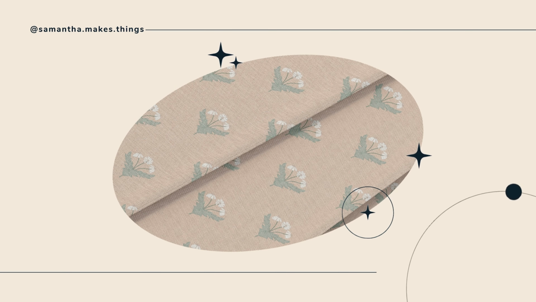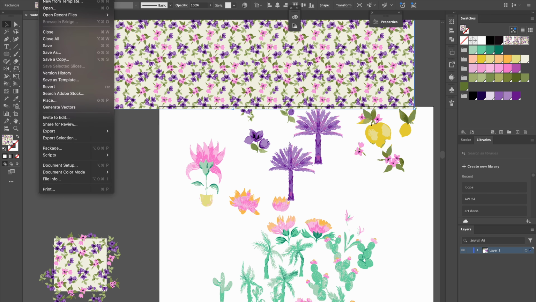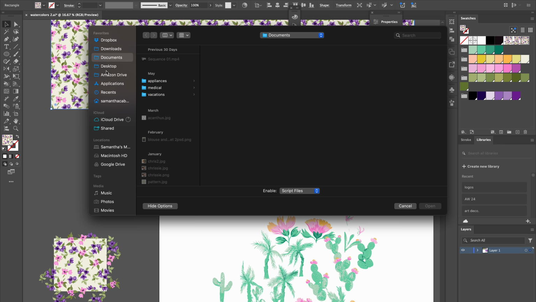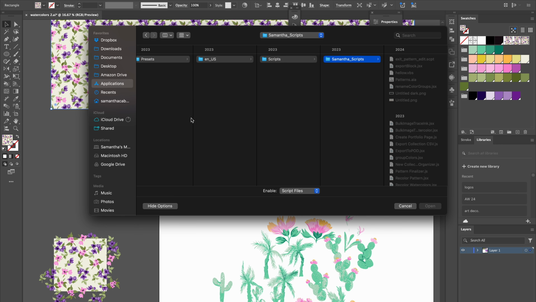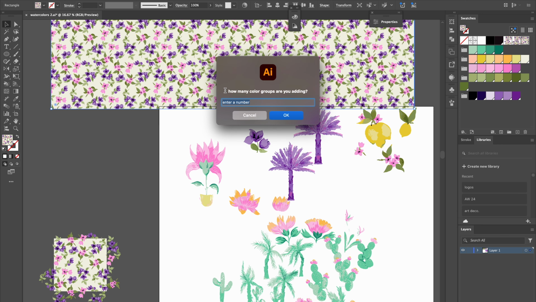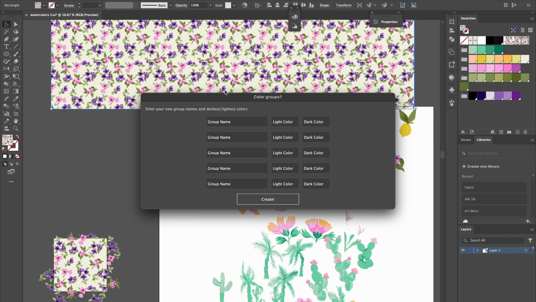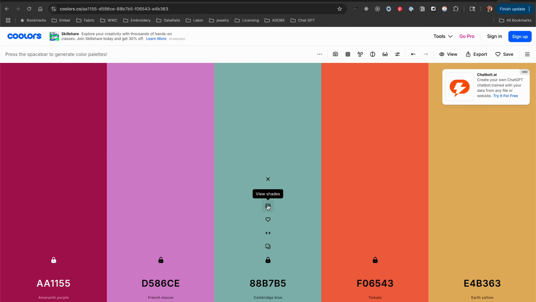And the next tip I'm going to show for recoloring is using a script. This is a script I created. It's actually run in 2 steps. One is I'm going to create new color groups. And you see that I've already organized my color palettes into the greens, the yellows, the pinks, the olives, and the purples. And now I'm going to create 5 new